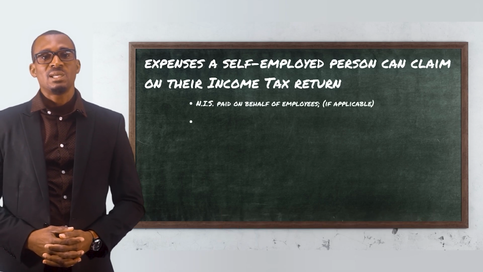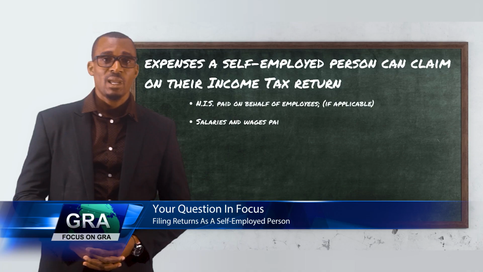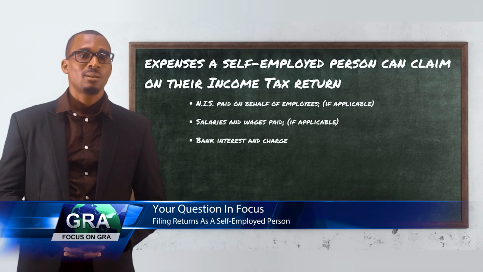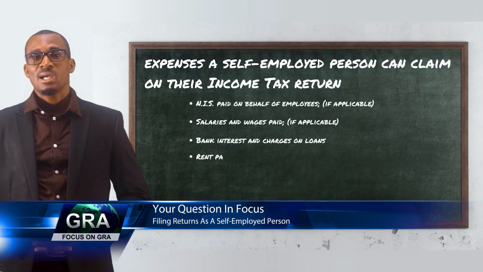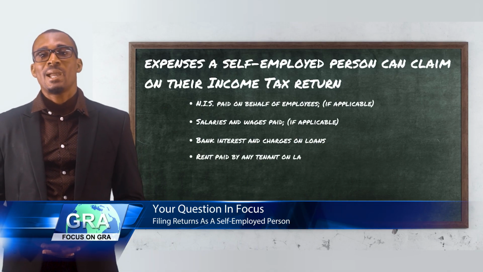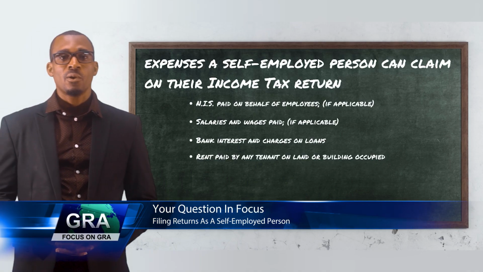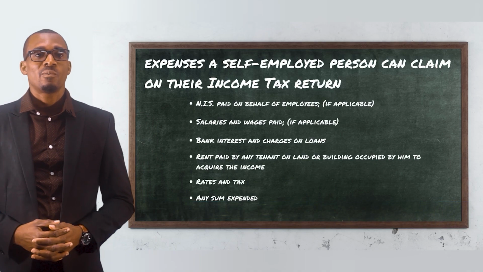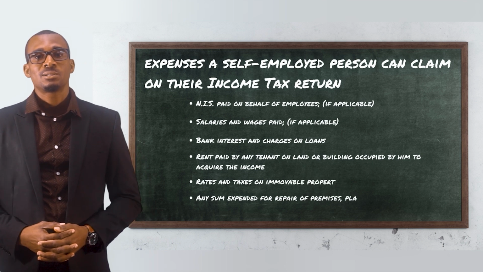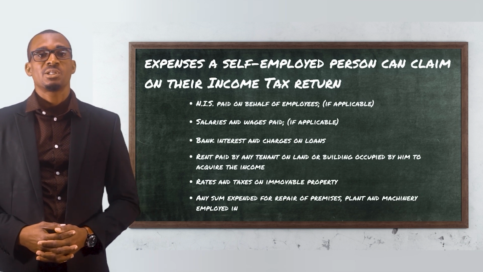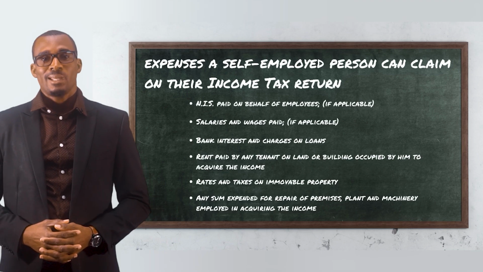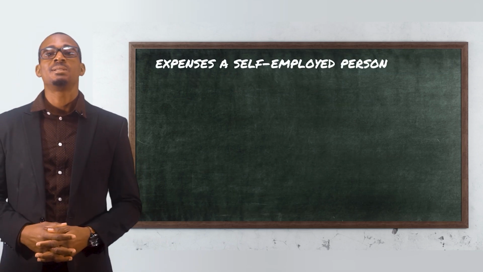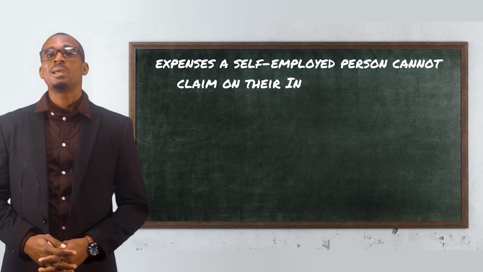Some examples of these expenses are NIS paid on behalf of employees, if applicable, salaries and wages paid, if applicable, bank interest and charges on loans, rent paid by any tenant of land or building occupied by him to acquire the income, rates and taxes on immovable property, any sums expended to repair of premises, plant and machinery employed in acquiring the income. However, it must be noted that there are certain deductions that a self-employed individual cannot claim in